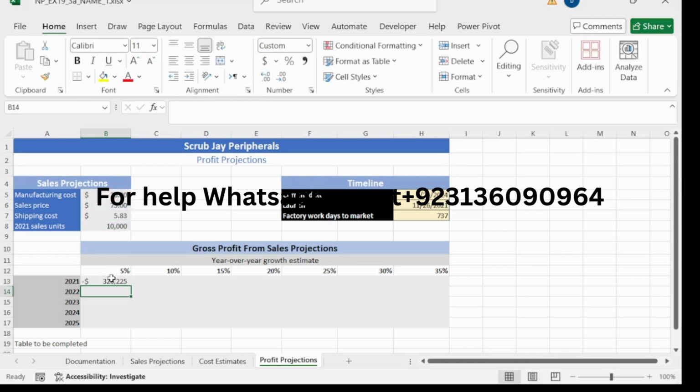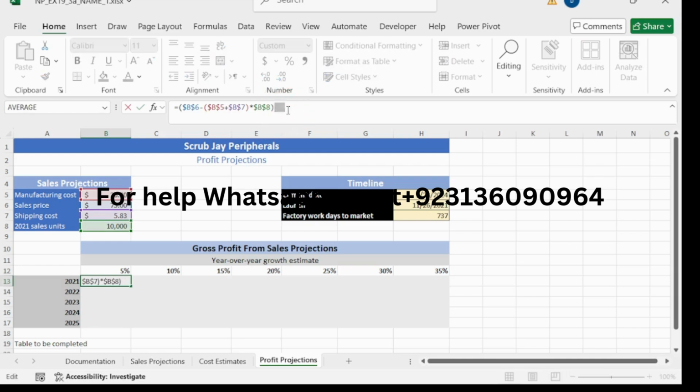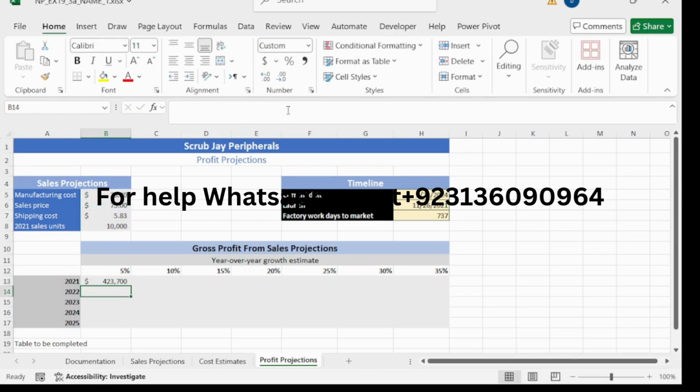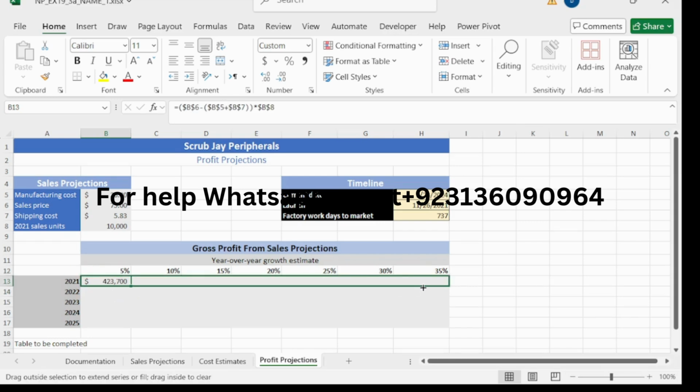So we have completed our step number. I think I made a mistake here. So we need to close the bracket here, not here. Here, close the bracket here and then press enter. So now copy the formula from cell B13 to the C13 and H13. So copy this C13 to H13 like this.